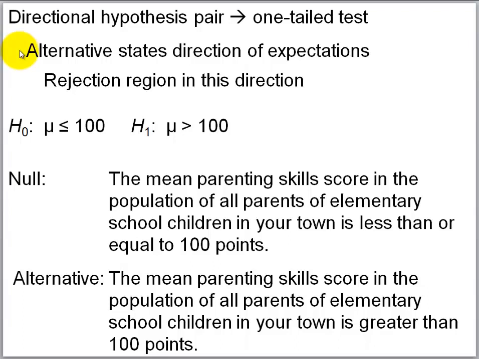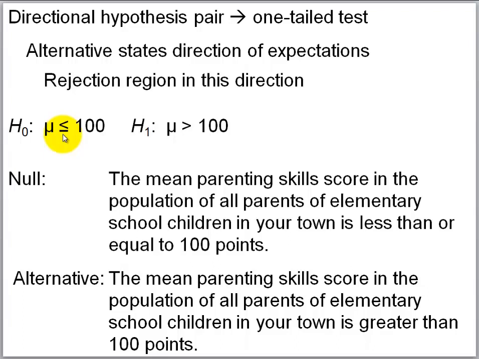Recall that in the directional pair, the alternative is going to state the direction of expectations, and we're going to have a one-tailed test with the rejection region in the tail that's in the expected direction. As you know, the null states the direction opposite to expectations, and the equal to condition is in the logical